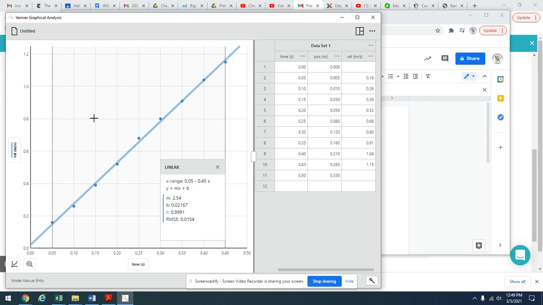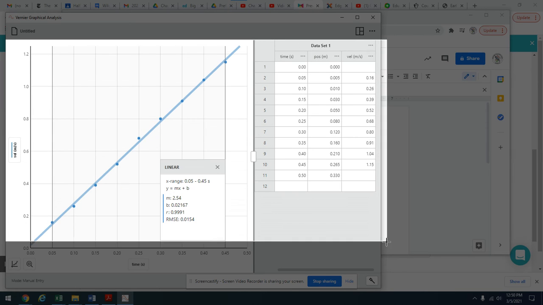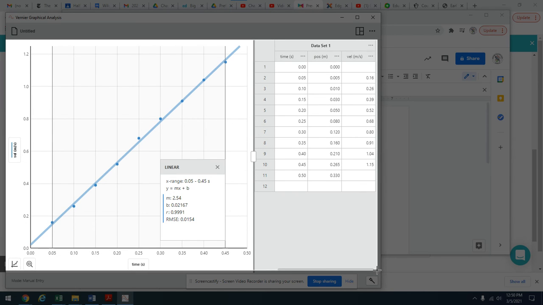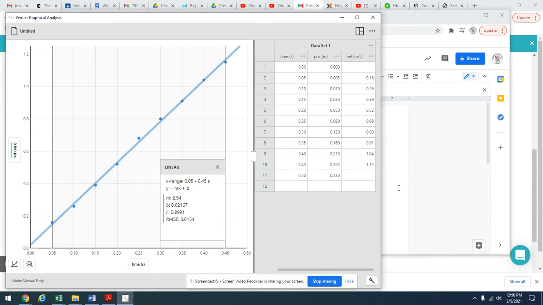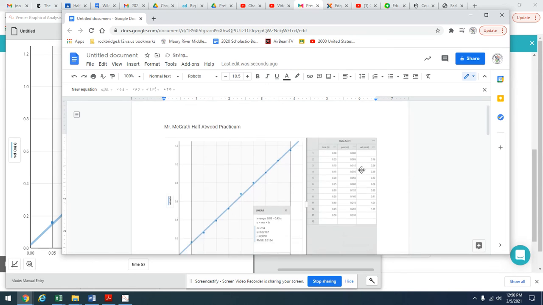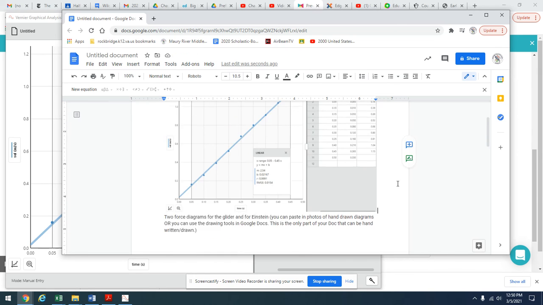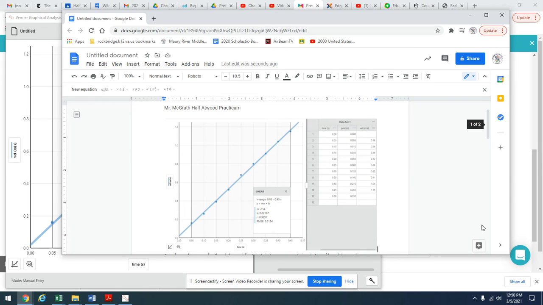This is the graph that we want, and I've got my data table here also. So I'm going to just snip this. All right, that looks good. So let's see, data table and the graph. That's all that. And the physics teacher person didn't say exactly to do this, but I'm going to go ahead